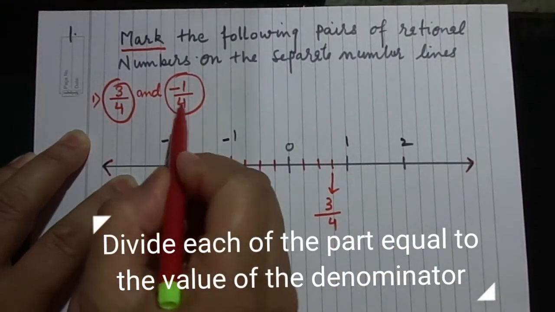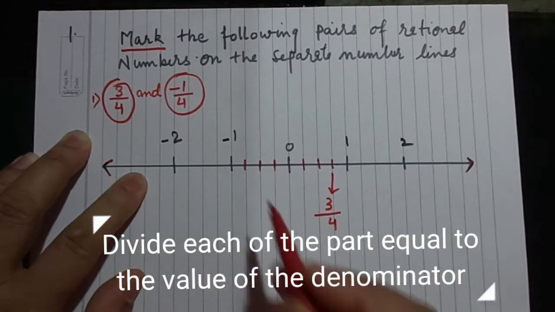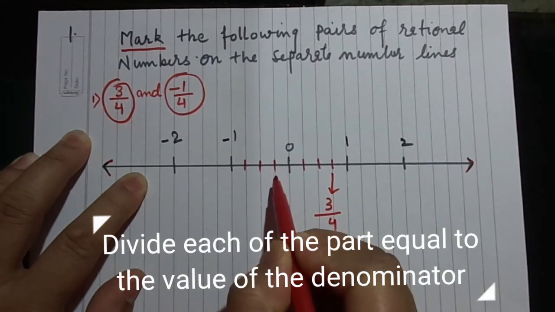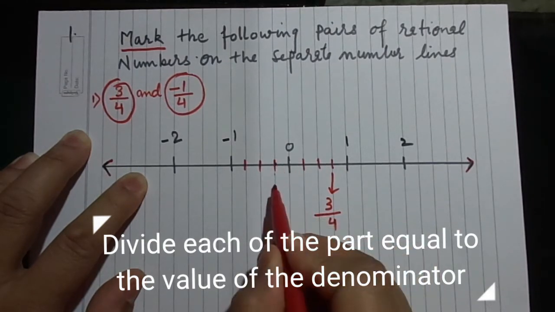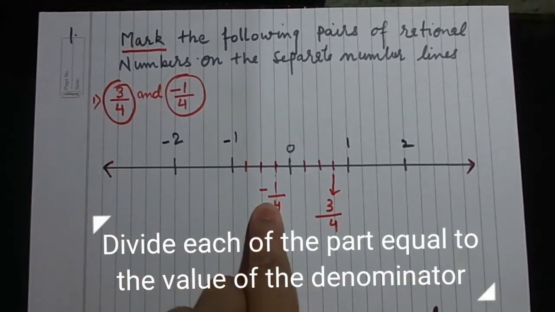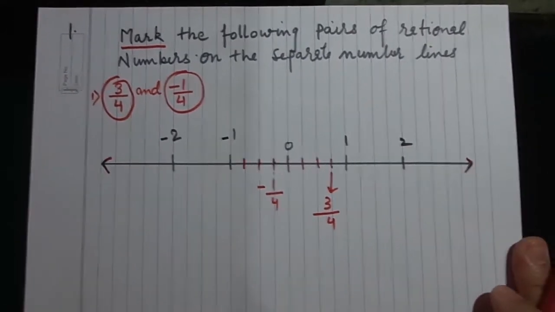Similarly, we have minus 1 by 4 means towards the left hand side 1 part out of 4. So this is your first part. So 1 part out of 4 and that too as a negative number. Okay. Let's move to